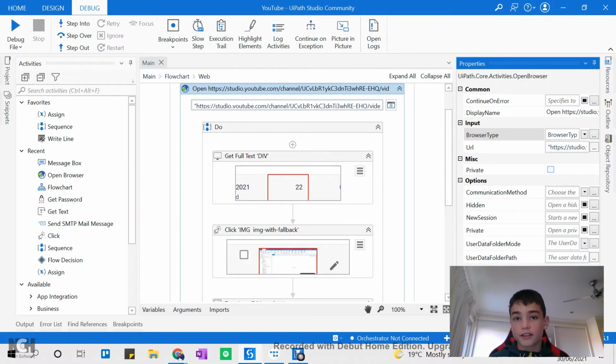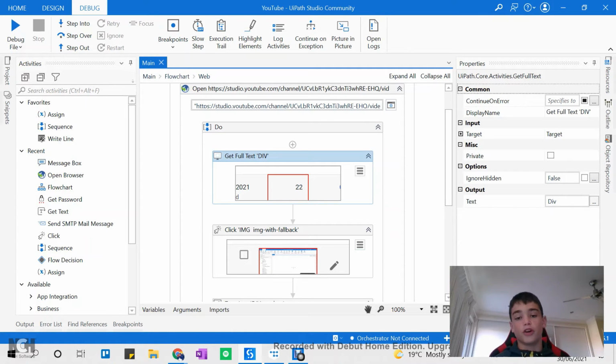Otherwise, you could change another title, or it might just come up with an error message because it can't find what it's looking for. So there are other ways to get to this, but this is the simplest way, and in UiPath, it's quicker to just find the simplest way and do it. Then once it's opened the browser, it's got to get how many views. So it scrapes data from, which I've made a video by the way on, it scrapes the data from YouTube